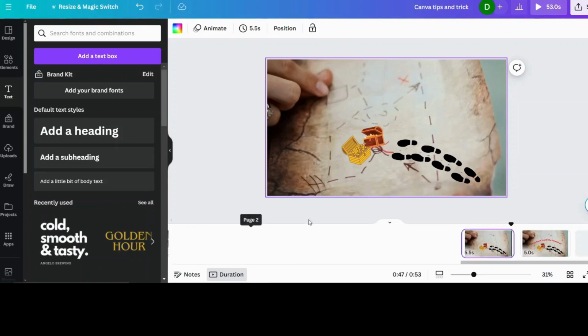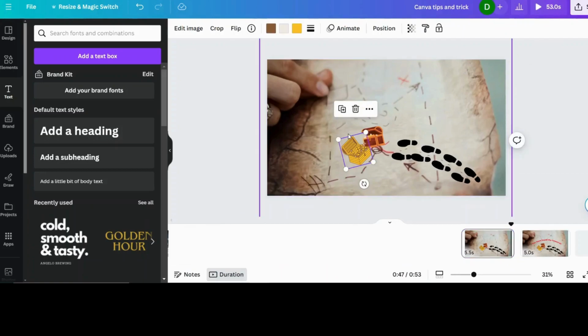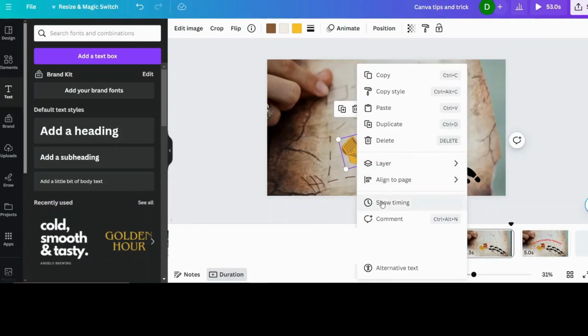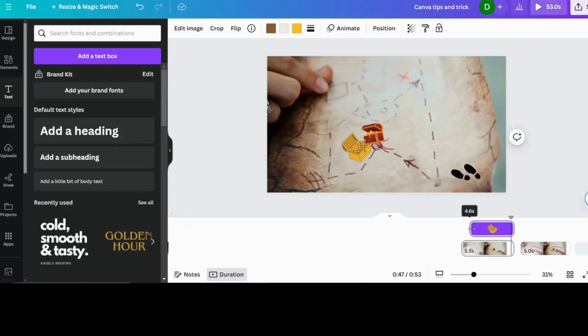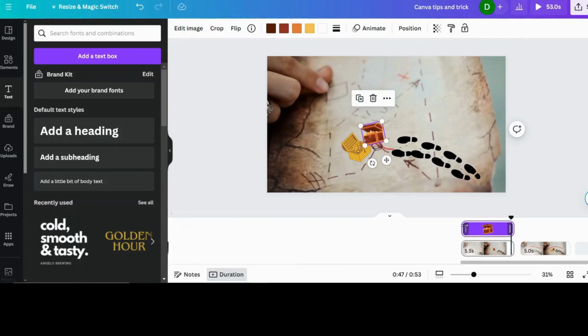Now let's say you want this to come after the footsteps. Okay, so what you can do is again right click it, show timing, and this time you can adjust it, so you just keep moving this till the last one is there. Okay? So that's when that's going to come. So you go back here and you do the same thing as well. And let's say you want it to come at the same time. So now if you play,